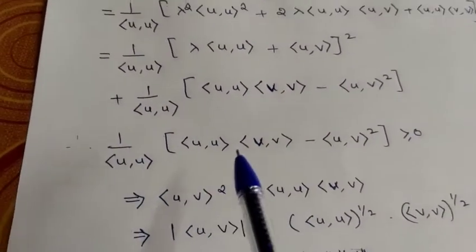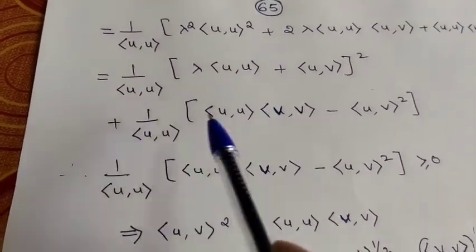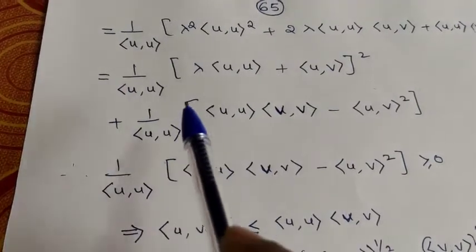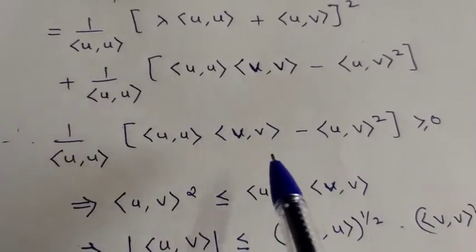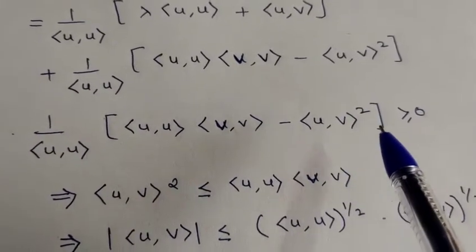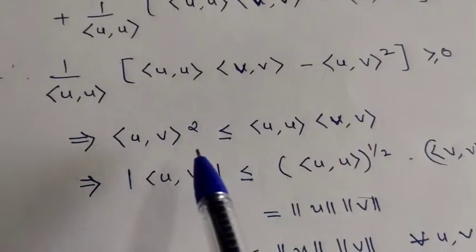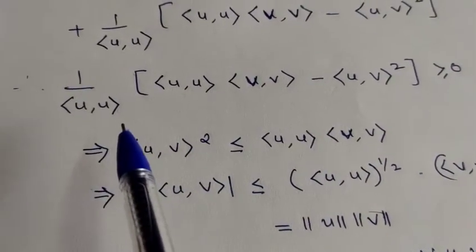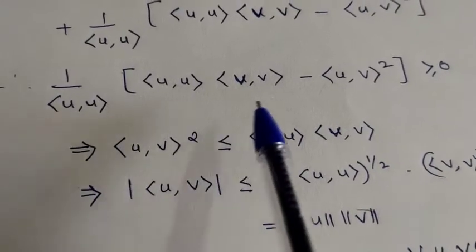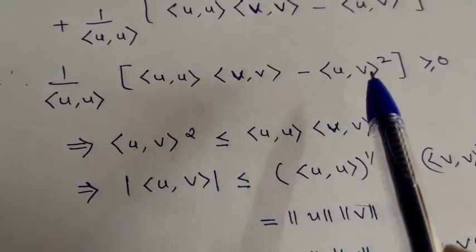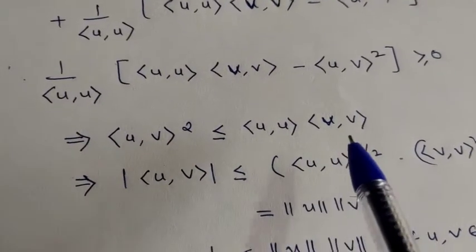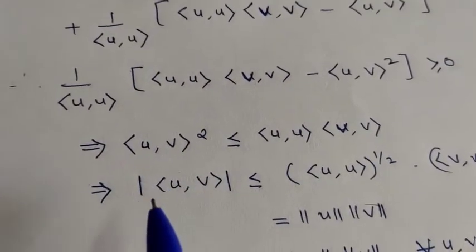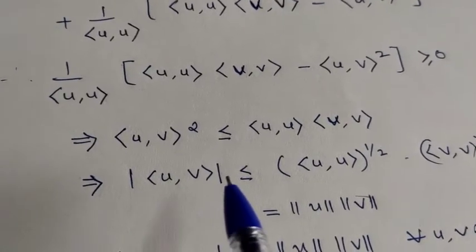So now these two terms are non-negative because the left hand side is non-negative, which means each of the terms must be non-negative. Therefore 1 over u comma u into this term, u comma u v comma v minus u comma v whole square, is non-negative. This implies what? u comma u is definitely non-negative, so this implies, if we transfer this term to the right hand side, u comma v whole square is less than or equal to u comma u into v comma v, or this implies the modulus of u comma v whole square is less than or equal to